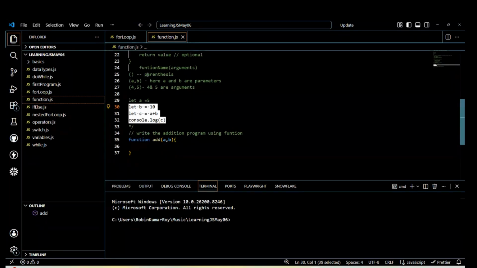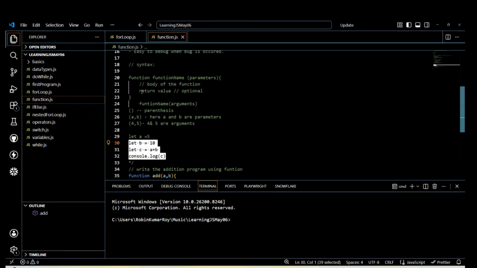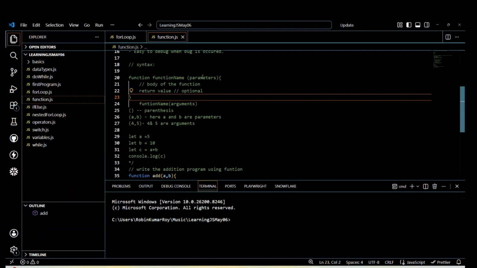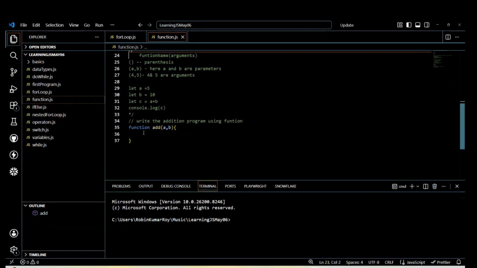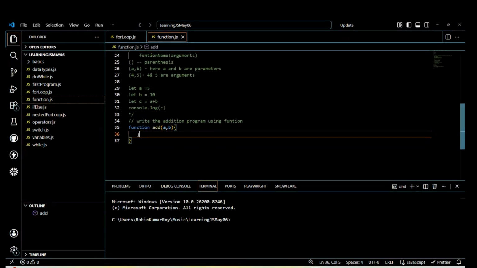Now remember, we wrote return value. Return is a kind of printing statement in function. In function, it is returning some value. Whatever operation you'll be doing, that value will be returned, so that you can use that value. So here,